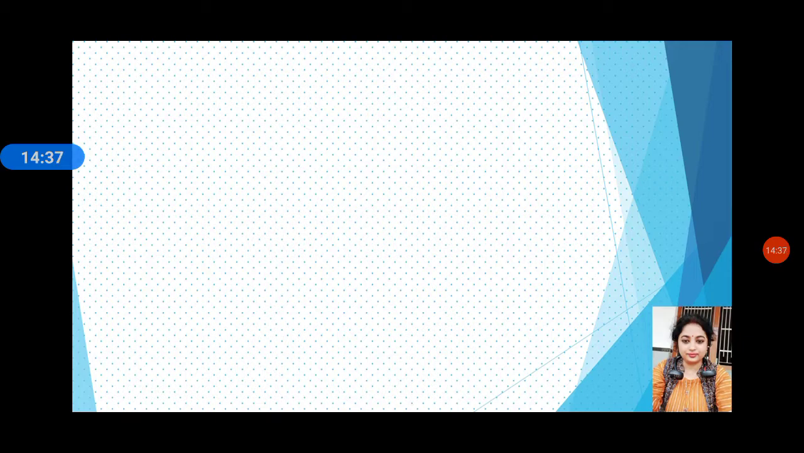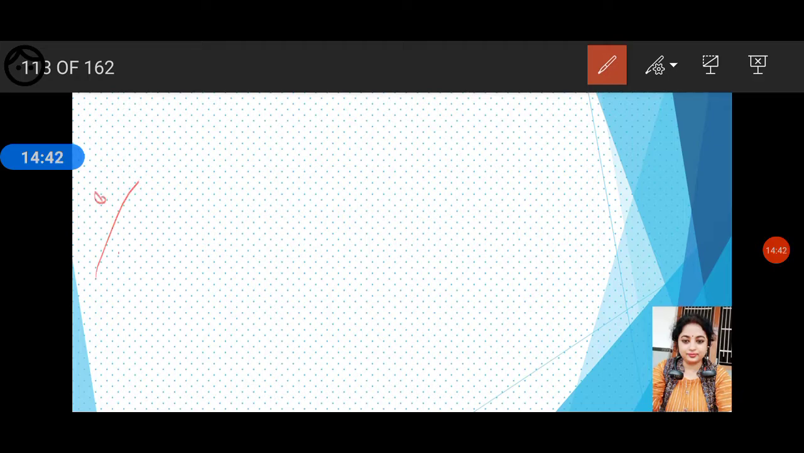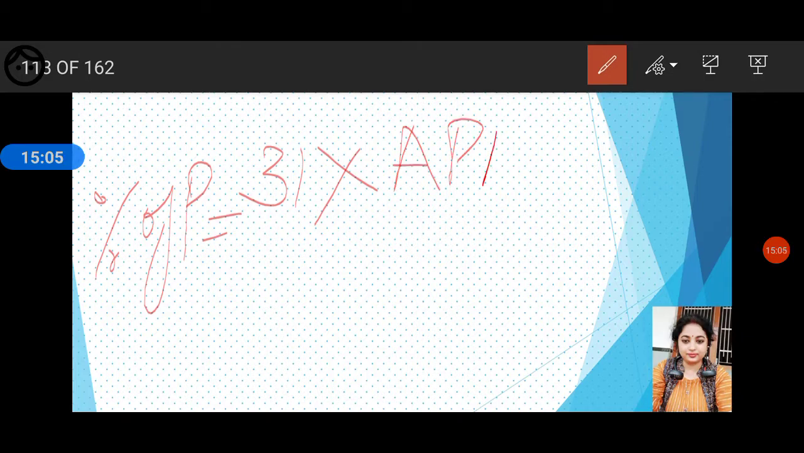Percentage of phosphorus: 31. What is this? This is the mass of phosphorus into the mass of ammonium phosphomolybdate, the compound which is being formed. That will come